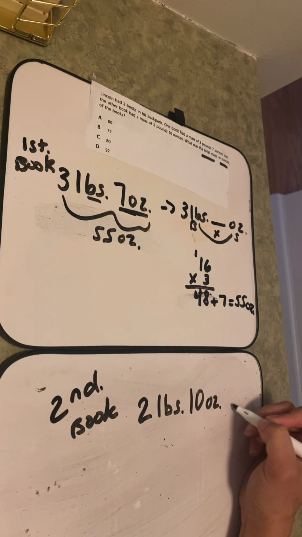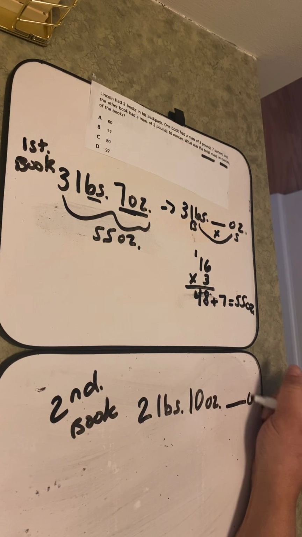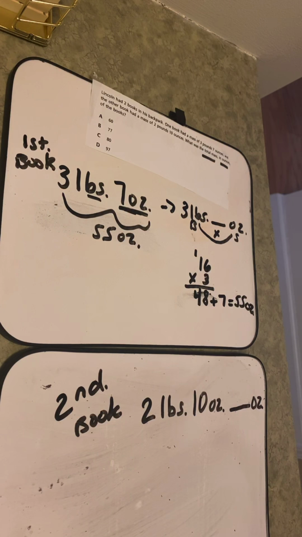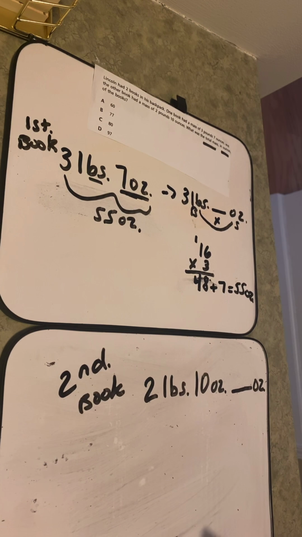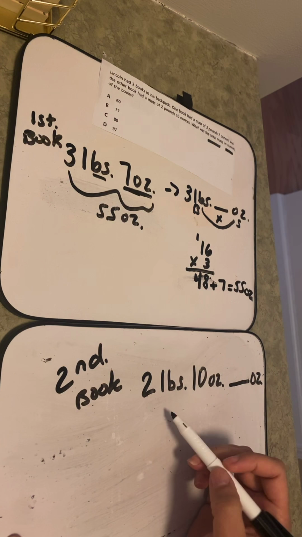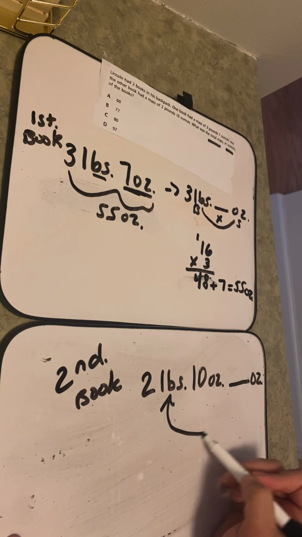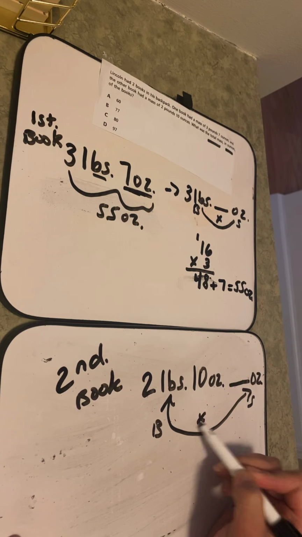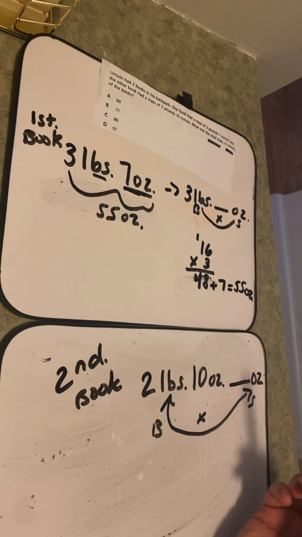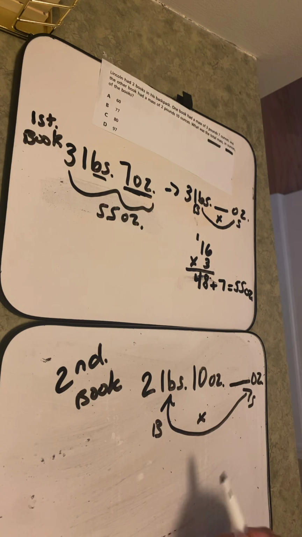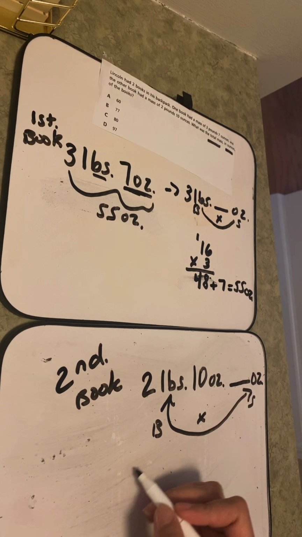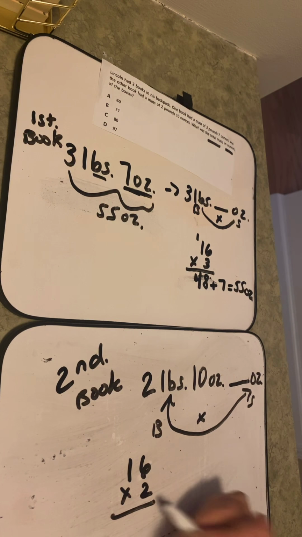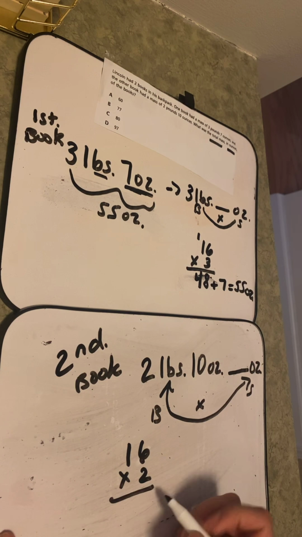So we have to convert these 2 pounds into ounces. Again, we're going from big to small, so we're going to be multiplying. Since 16 ounces is 1 pound and there's 2 pounds, we do 16 times 2, which is